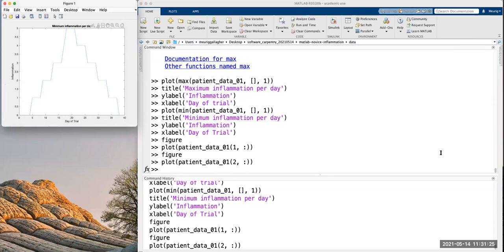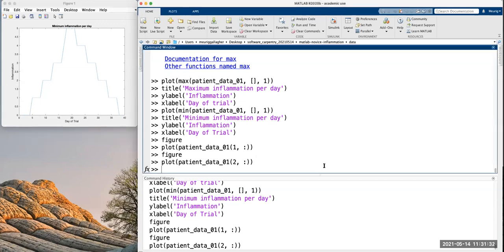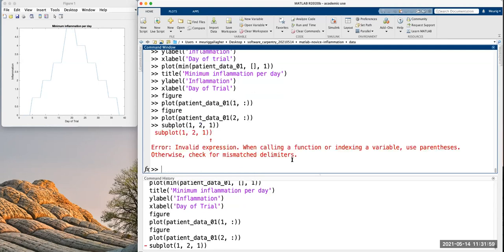And one thing we can do is actually just plot more than one plot on the same figure window, the same graph. And we do this using the subplot command. So subplot has 3 arguments. The first argument is how many rows we have. So how many rows of images we want, how many columns of images we want, and then the index of the image that we're actually looking at. So if we wanted to plot 2 in a row, we say 1 row of images, we're going to have 2 columns of images. We're going to plot something in the first one.